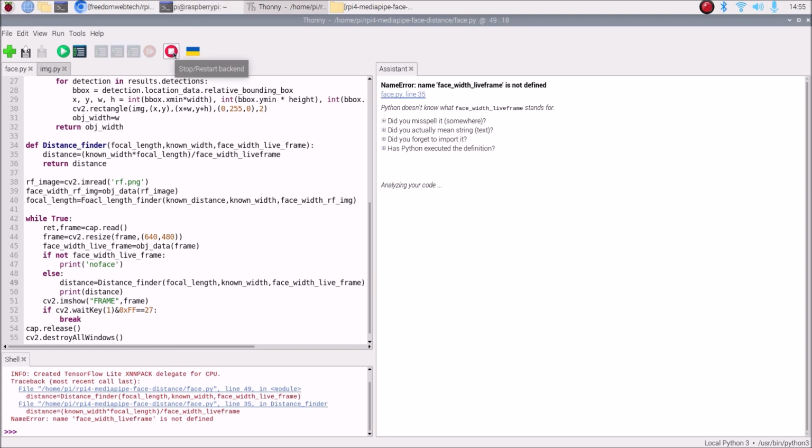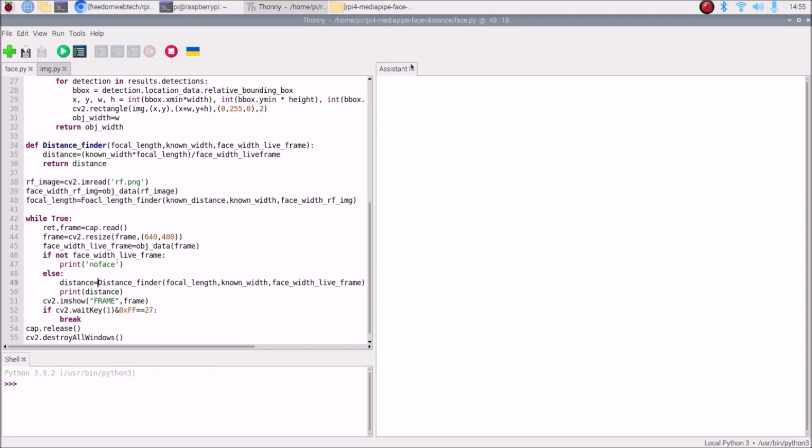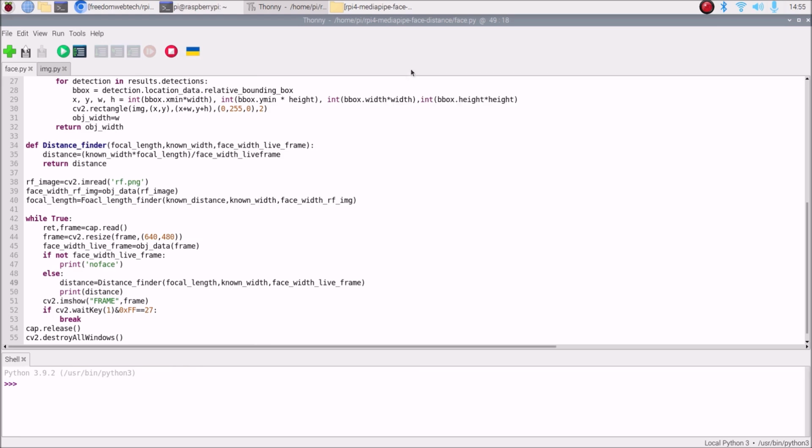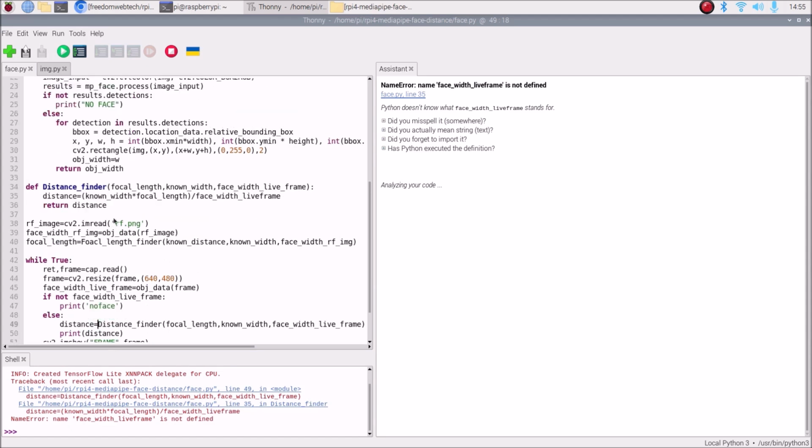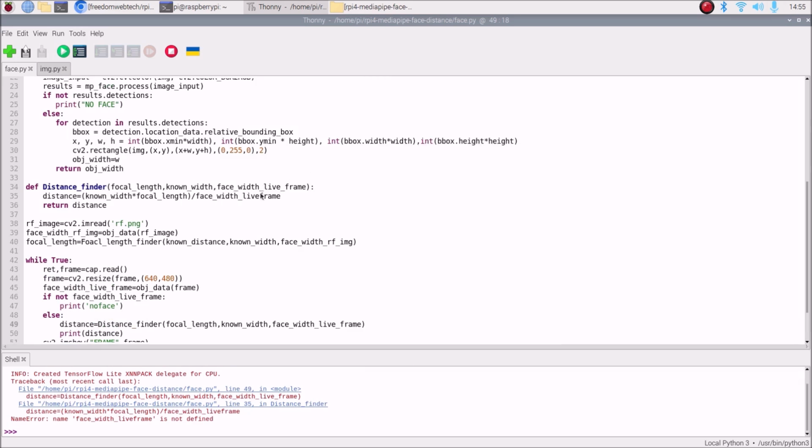Oh, I forgot to mention the underscore here. Just a minute. Face_width_live_frame. Let me start the code again. There is an error in the variable. It says name face_width_live_frame is not defined. Oh, here in distance is equal to known width, in the function, I forgot to mention the underscore. That's why there is an error. Simple. So now if I start the code,